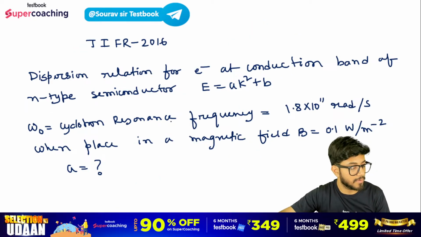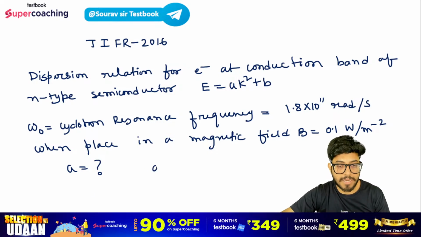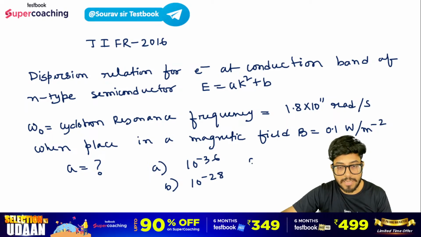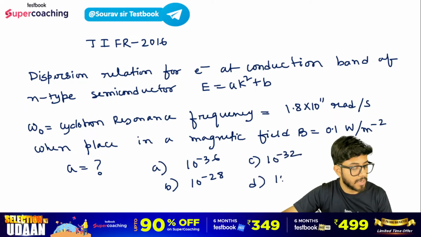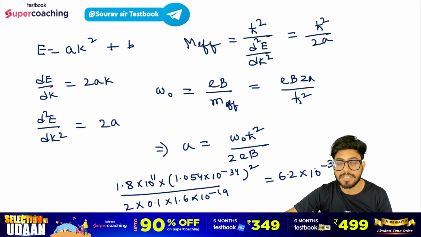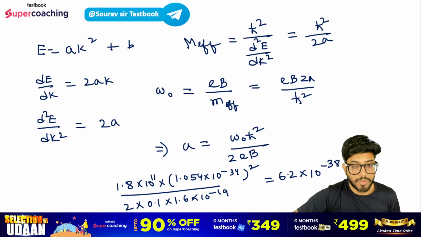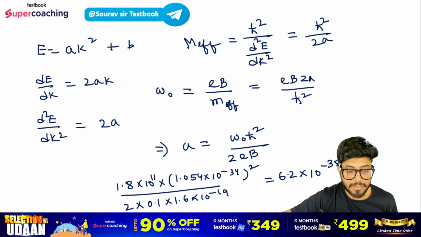यही तुम्हारा A का वैल्यू जो एक्चुअल ऑप्शंस में दिया गया था TI-4 में 10 to the power of minus 36, 10 to the power of minus 28, 10 to the power of minus 32, 10 to the power of minus 38. ऑप्शन डी शुड बी करेक्ट क्योंकि अप्रॉक्सीमेटली उसी के आसपास आ रहा है। ठीक है, तो बेसिकली यहाँ तक ही रखता हूँ मैं क्योंकि इसके बाद मेरा एक क्लास है,